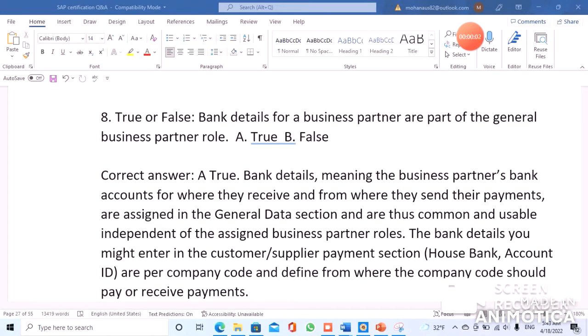So now it's a true or false question. Bank details for a business partner are part of the general business partner role. It's true. Bank details, meaning the business partner's bank accounts for where they receive and from where they send their